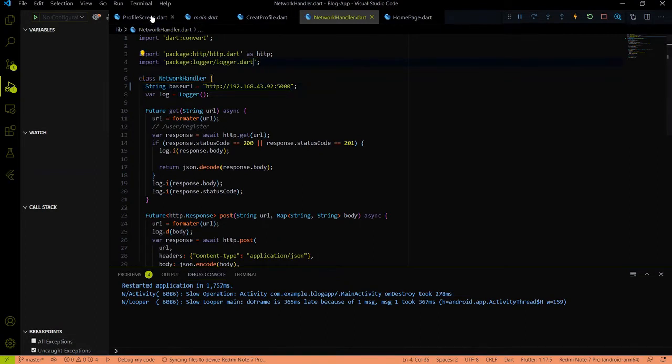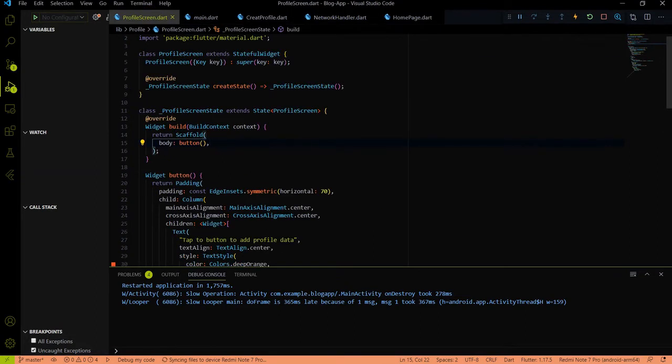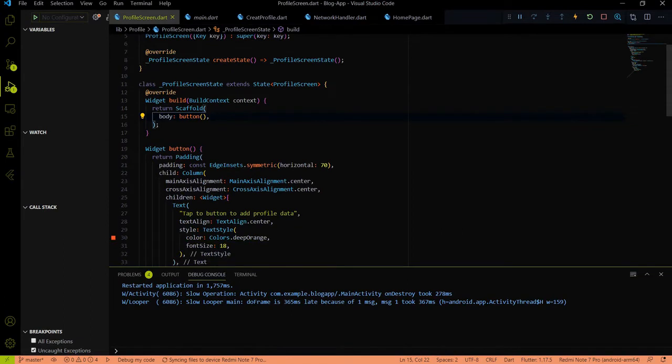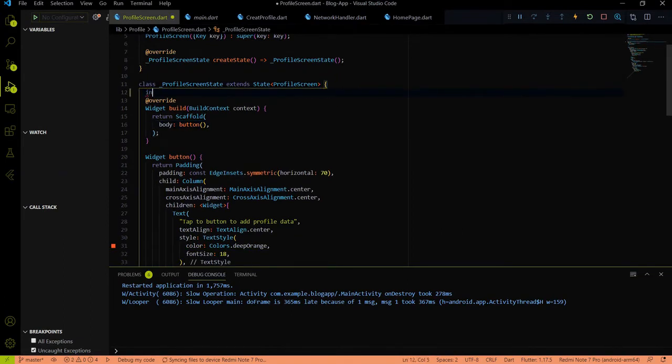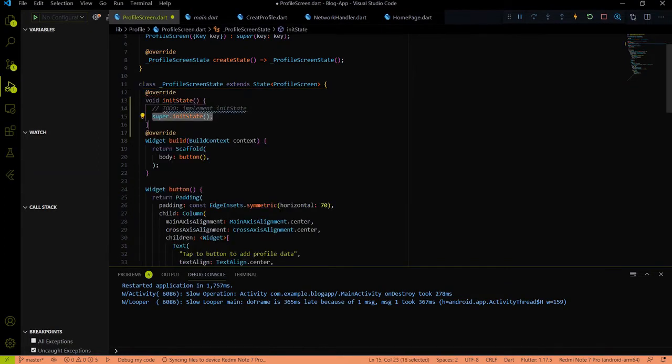Now we just have to go on to the profile screen, and in the profile screen we will add an init state. In the init state, we will first check whether the profile data is available or not.